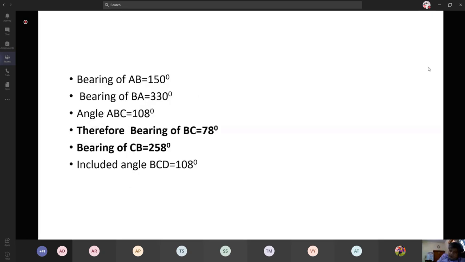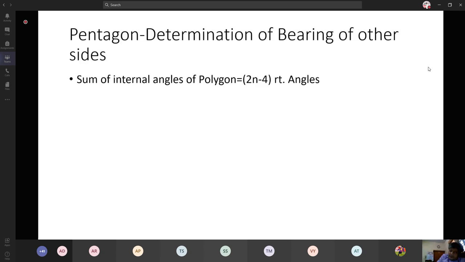Okay, fine. Now your class rep has shared a video file on WhatsApp. Have you gone through that? Okay. I made a mistake in that and I just wanted to correct it. In the course of my talk, I said it's a surveyor's compass. There are two types of compass used in field survey: one is called a surveyor's compass, the other is called a prismatic compass.